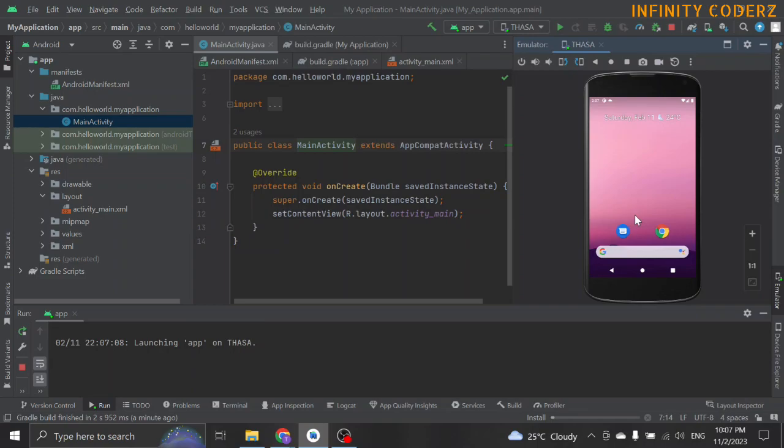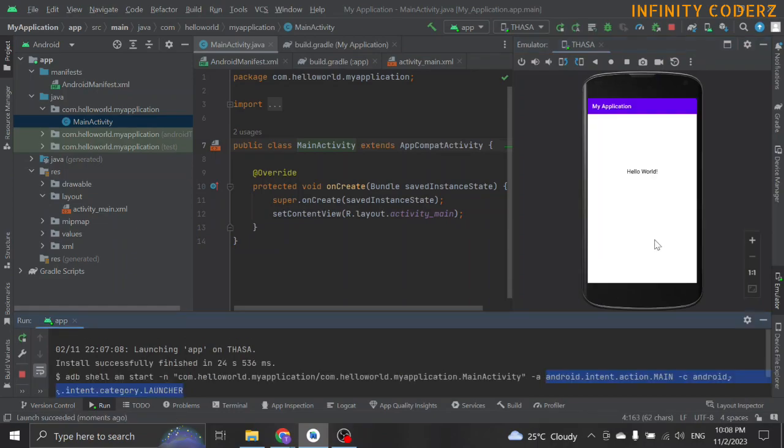It should be fine. It could be due to the rendering process when it is trying to launch an emulator for the first time. Once the application has been installed, the default launcher would be triggered and launch the main activity. We could now see the Hello World UI showing in the emulator after the installation. Congrats, with this we have successfully created the first Hello World app.